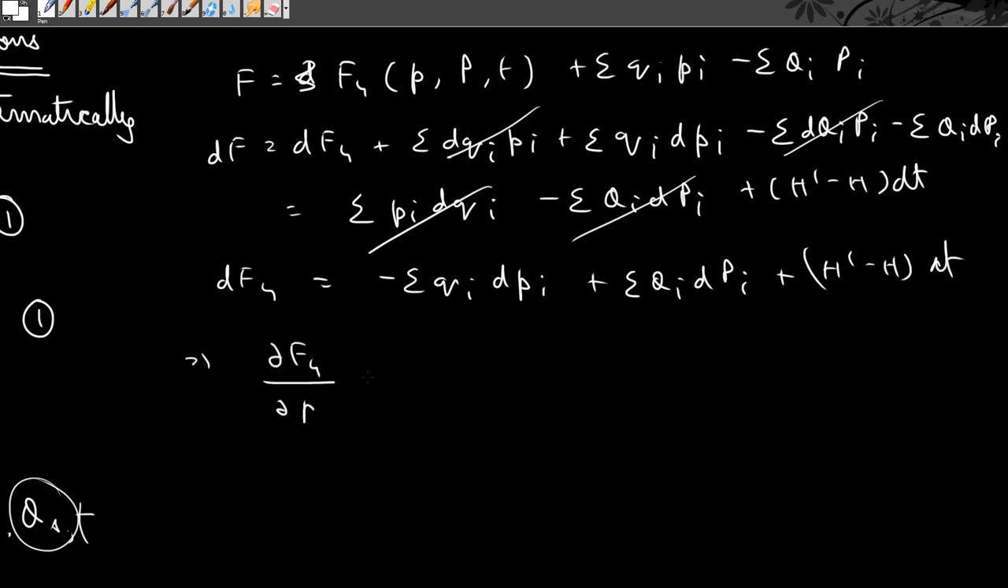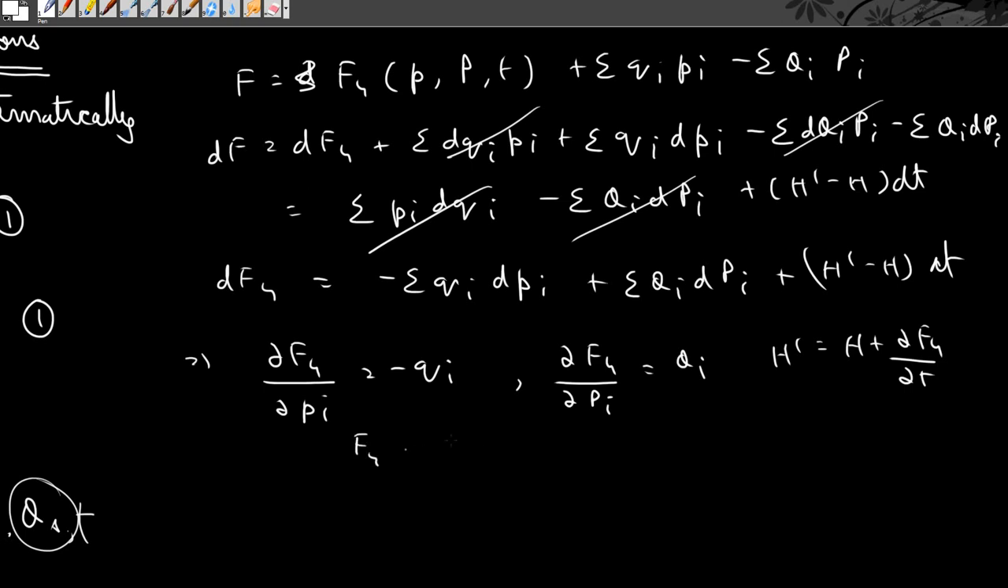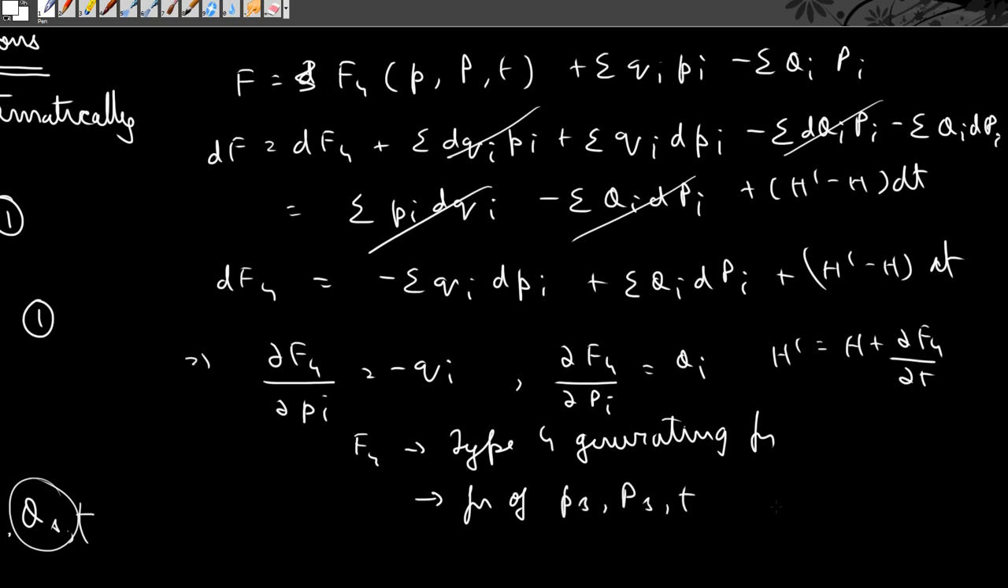dou f4 by dou pi equal to minus qi, and dou f4 by dou Pi equal to Qi, and h dash equal to h plus dou f4 by dou t. And here f4 we call the type 4 generating function, which is a function of the old momenta, new momenta and time. Okay,